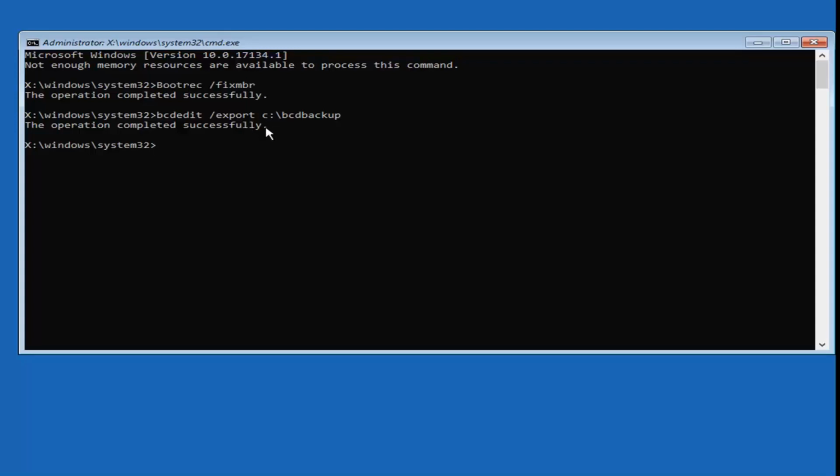So you might have to try a different letter, so D, E, F, G. You just want to make sure it has Windows on it. It should say the operation completed successfully if you did that properly. And now you want to type in ATT